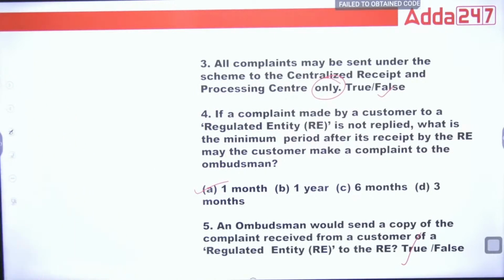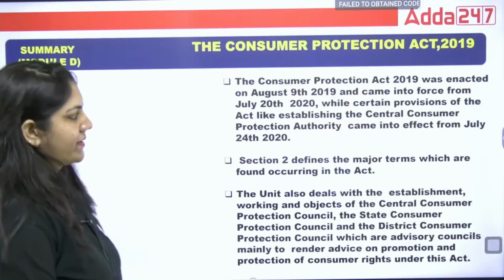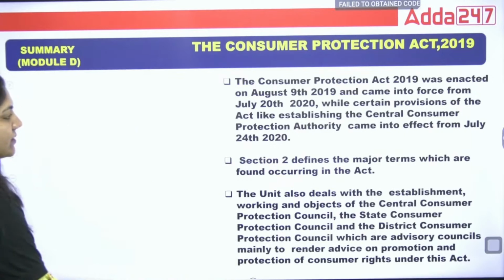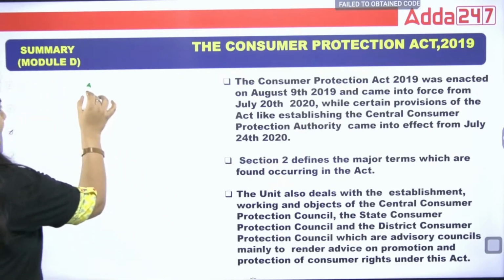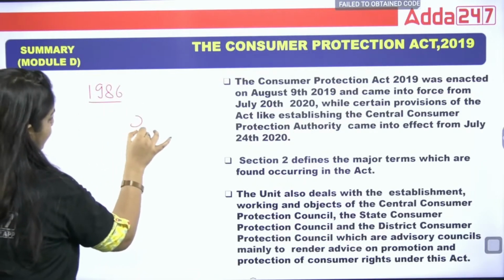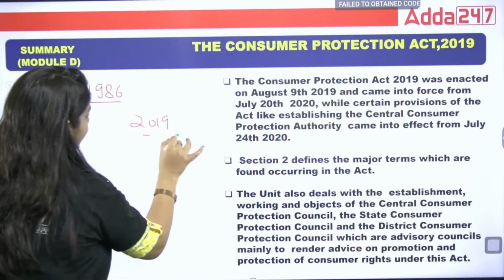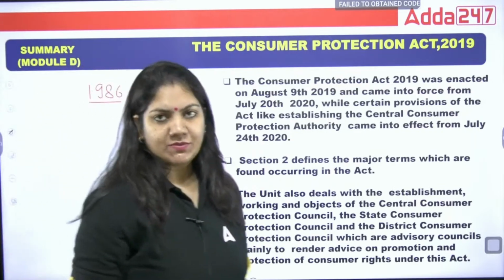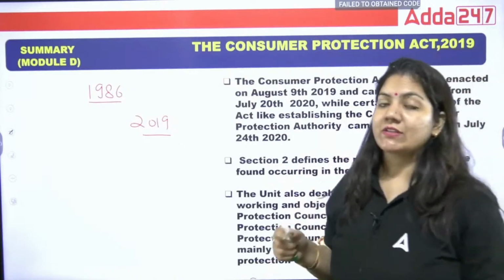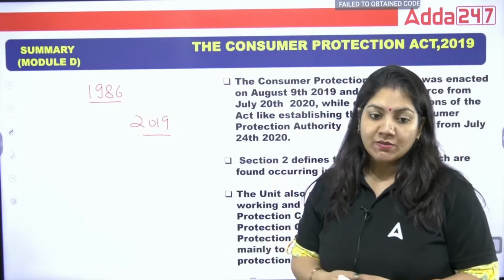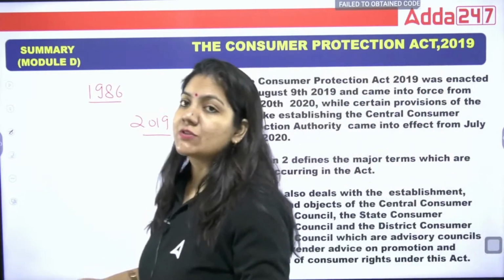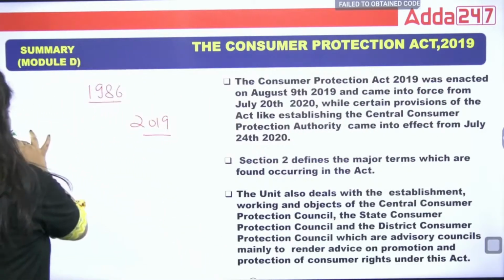Okay. Now let's start with the Consumer Protection Act. I think we have finished this act. Okay. So the Consumer Protection Act was basically made in 1986. But in 2019, various technology came into the picture. With technology also, we purchase goods and services, so if any defect comes, we can file the case. So who is a consumer? A consumer is a person.